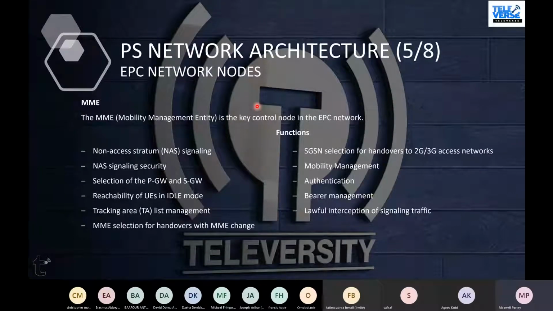Now, let's move on to the second part of the network, which is the EPC network, right? The Evolved Packet